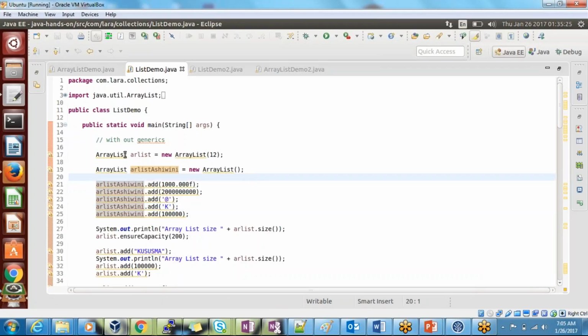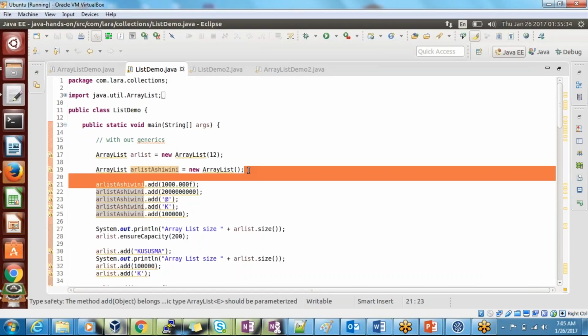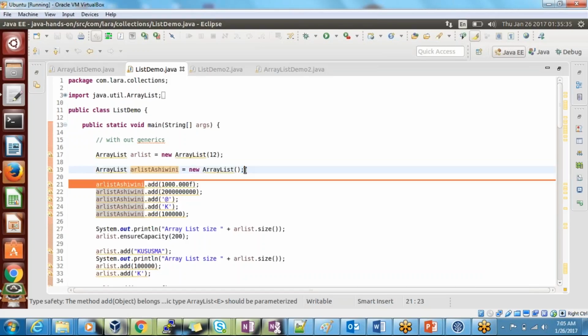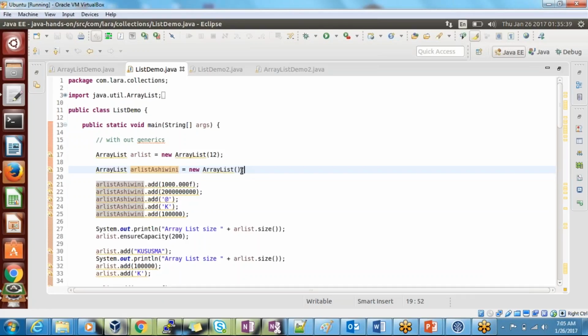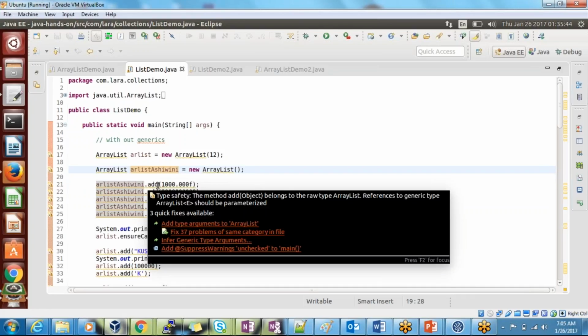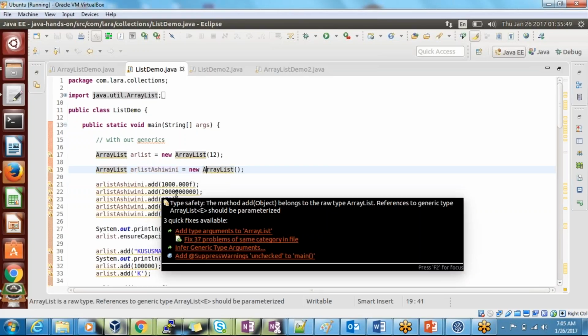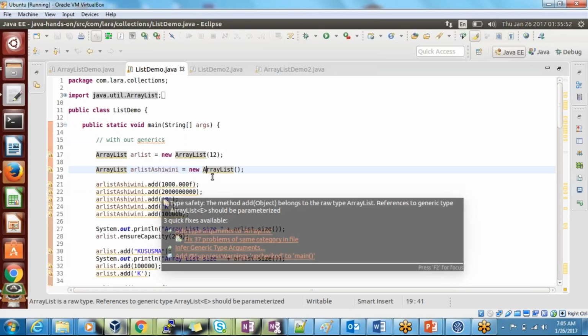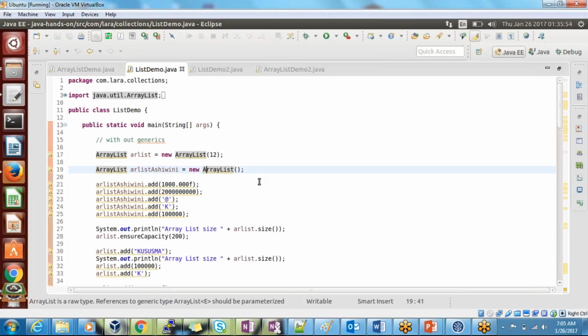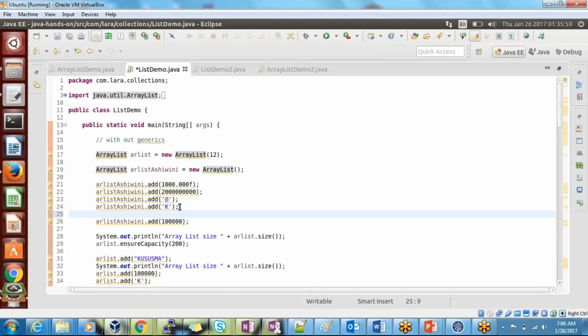So what I have done here, we have seen different kinds of constructors, right? This is one type of constructor here. Now I have created this with the empty default constructor. With the default constructor I started adding the elements, I started adding the objects. So I have added a double type, a long type or a float type. You can add any type of elements. You can add an array, you can add a character. I'm adding here